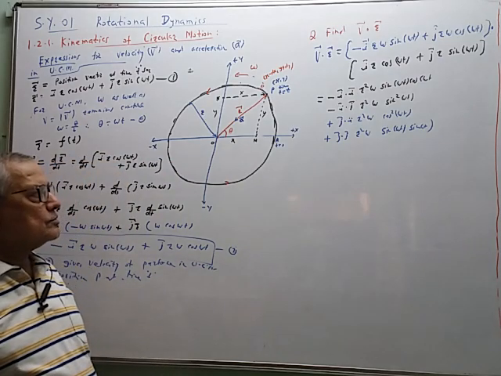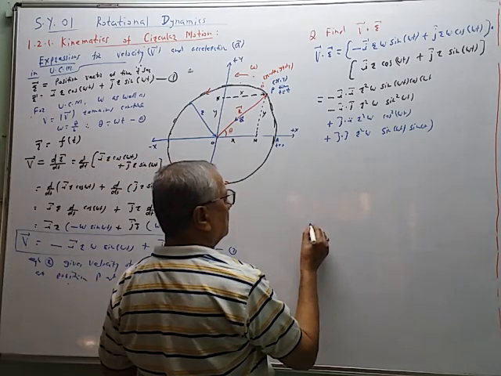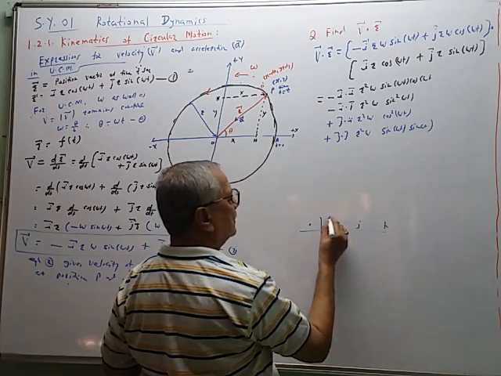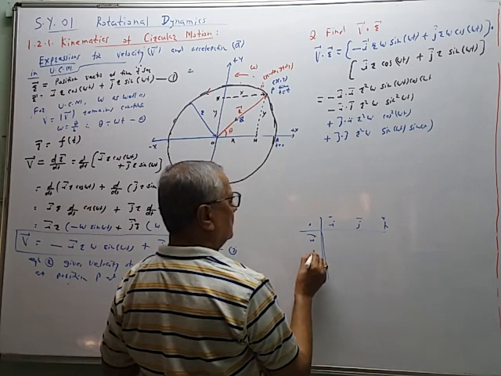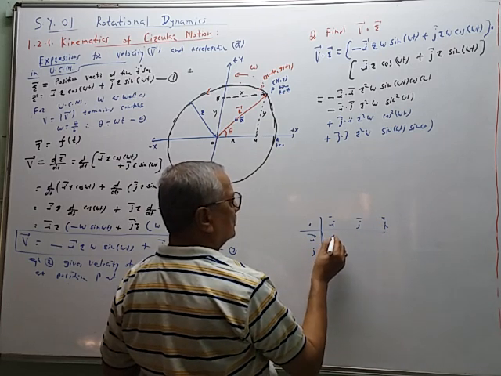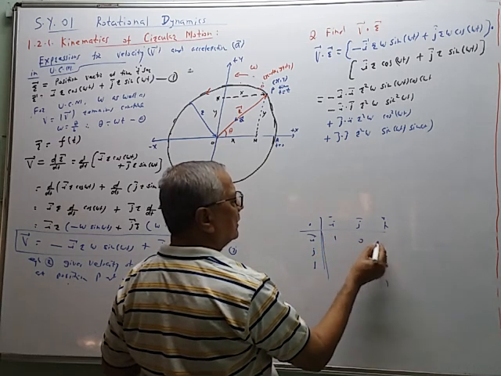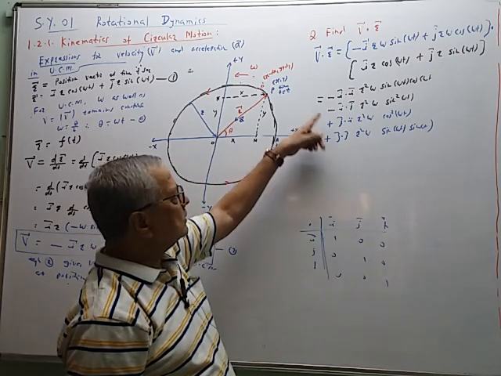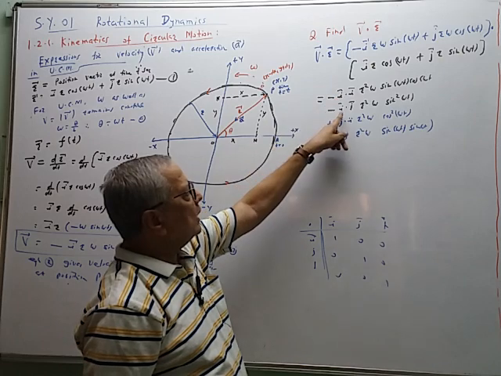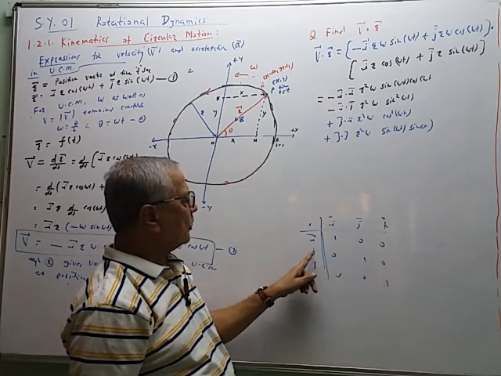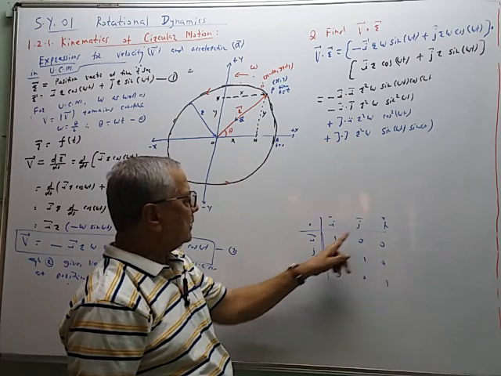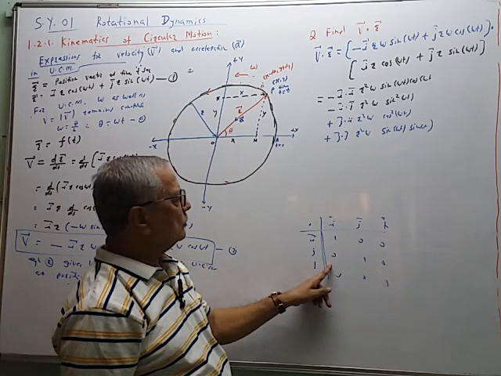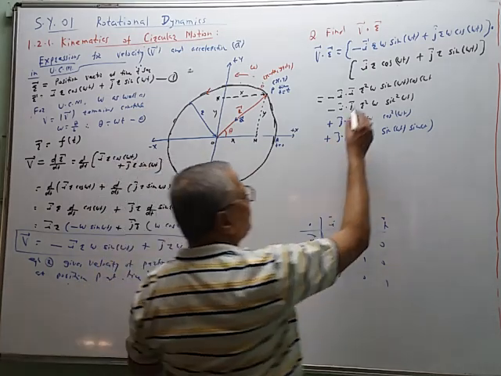Now last year we have seen this table for the dot product: i j k, i j k. So the diagonal elements are 1 1 1 and the remaining are 0 0 0 0 like this. So i dot i will be 1, i dot j will be 0, j dot i will be 0. So both values are 0 0. So i dot i is equal to 1, j dot j is equal to 1. So these two terms will vanish.